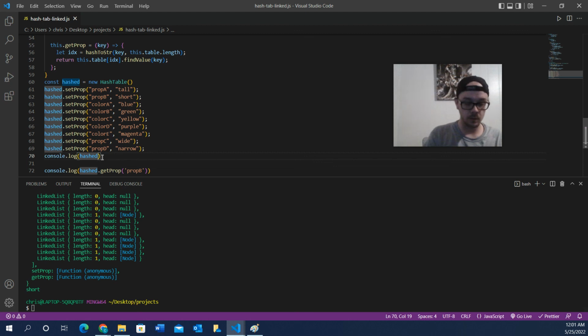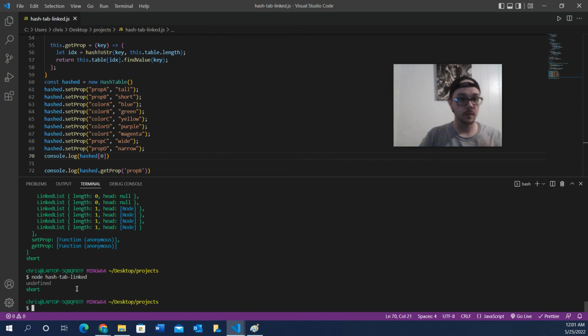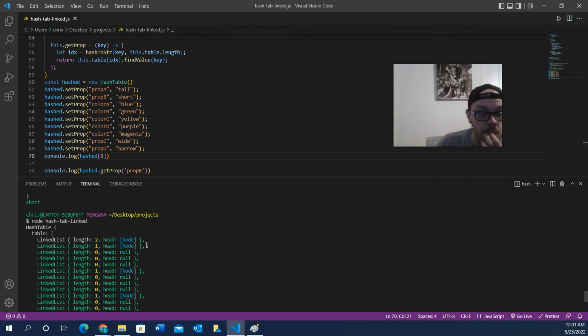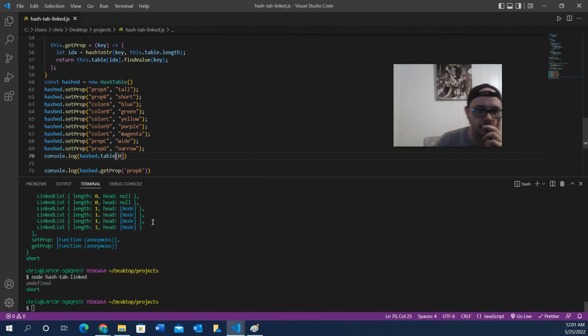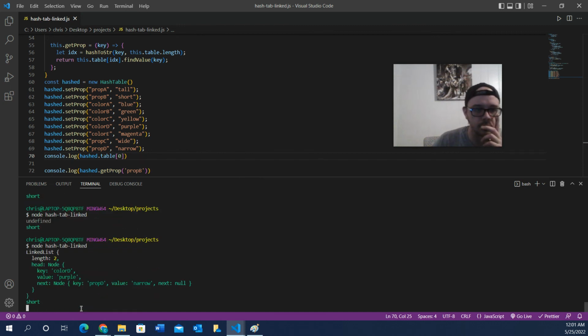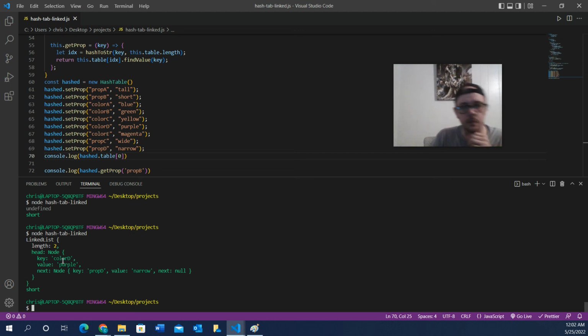So let's console log zero, hashed.table. Yeah. So the first one is the color D, and then it points to prop D, which is right here. So yeah,